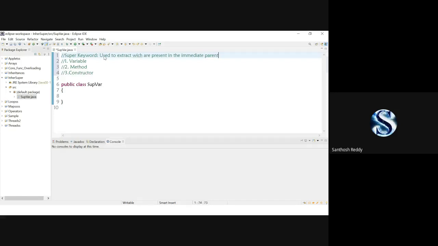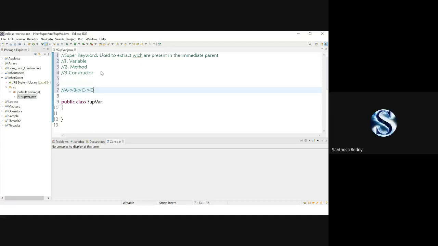Immediate parent. Now, suppose I have a class A, and class B is extending class A, getting its parent methods and variables. I have a class C extending class B, and I have class D extending class C. Now, if I declare a super keyword in class C, which class's methods is it going to extract?